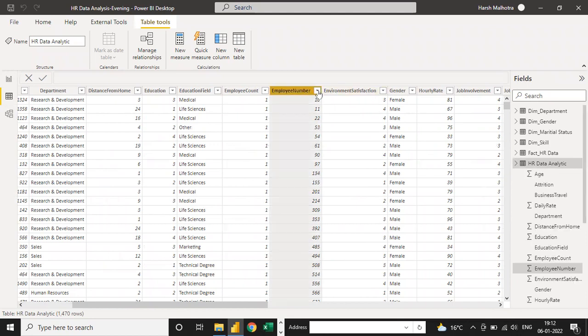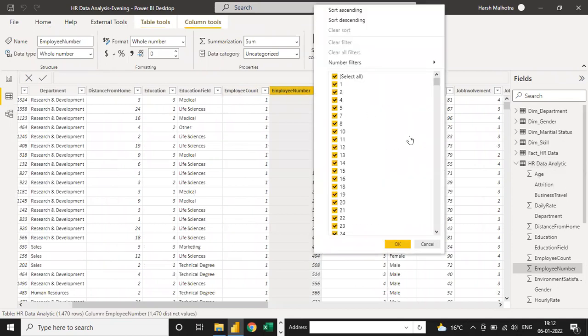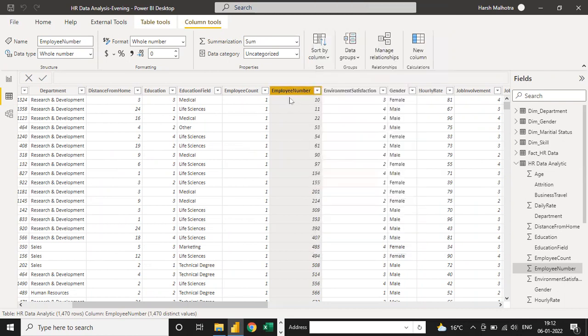Here, if you click on this number, you can see numbers starting from 1 and ending at 1408. It means you have the total number of employees in this column. So you can select this column, employee number, and you will see the total count of employees you have. As well, you see 10 employees are female and 11 are male. So after calculating the total employees, if you want to calculate only male or female, then you have to filter on the basis of the gender table.